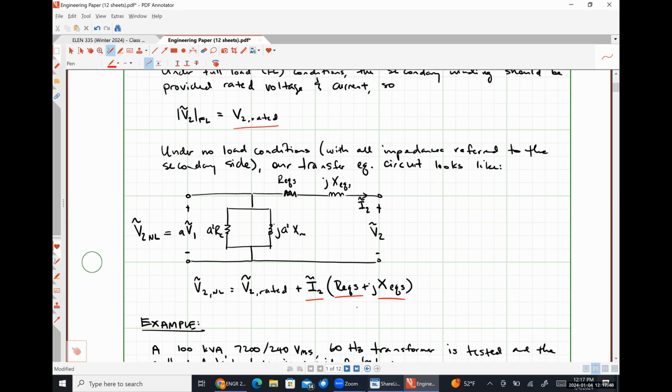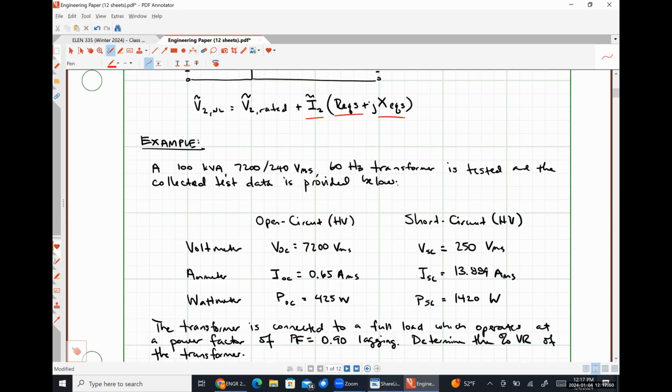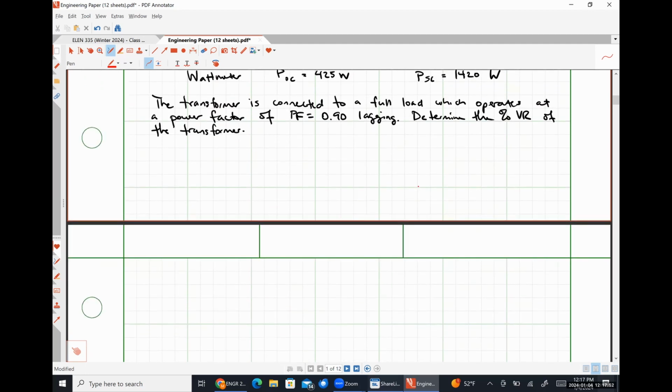High voltage, okay? So let's say down here that our high voltage is our primary and our low voltage is our secondary. Taking these two pieces of information into account,